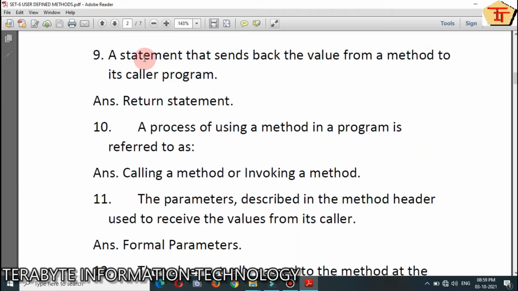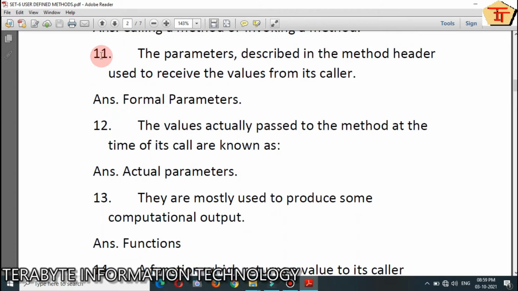Question number 9, a statement that sends back the value from a method to its caller program. Answer is return statement. Question number 10, a process of using a method in a program is referred to as. The answer is calling a method or invoking a method.